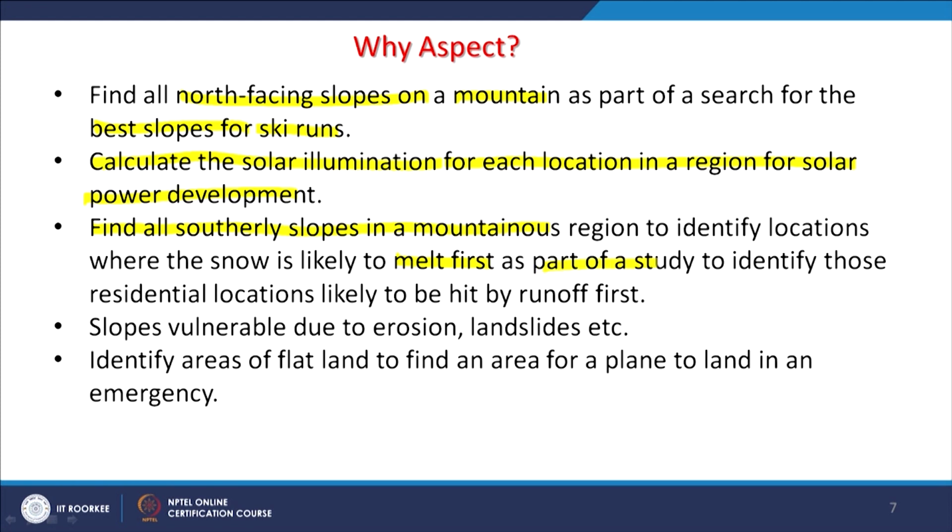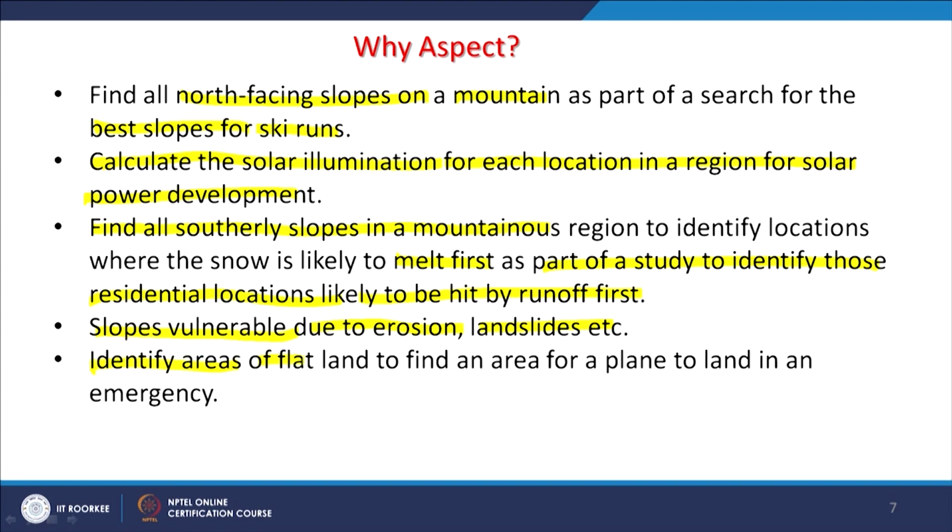As a part of a study to identify those residential locations likely to be hit by the runoff first. So, for a lot of modeling, a lot of analysis and natural disasters, the aspect becomes very, very important. Slopes vulnerable due to erosion, landslides, and most of the time you would observe that south facing slopes will face these problems of erosion, landslides or flooding because they receive the sun, they are the most vulnerable slopes.